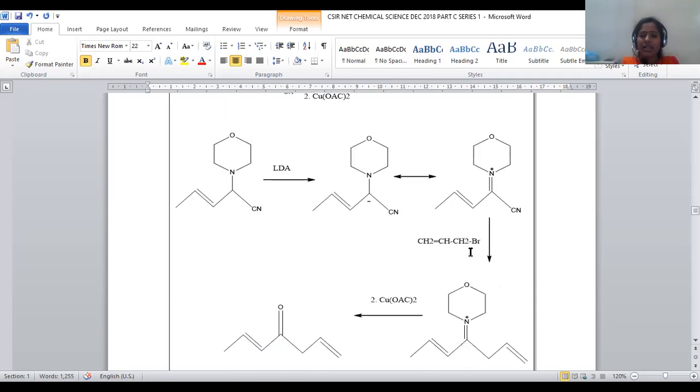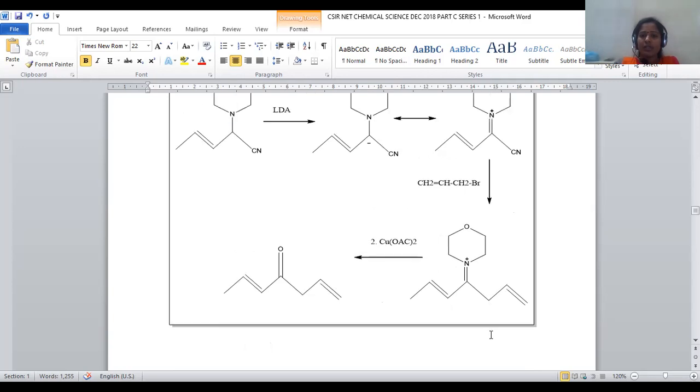Now it is treated with allyl bromide. Upon treating with allyl bromide, this carbene will be attached to the terminal center, so that the pi bond will be shifted and the bromo group will be discarded from the center. So the bromo group will be discarded, so that this compound will be added at this carbanion. Okay. So whenever this compound is added, subsequent removal of this ion is also possible, and it is turned into CH2-CH double bond CH2. Right. So this compound was generated and it is treated with copper diacetate.